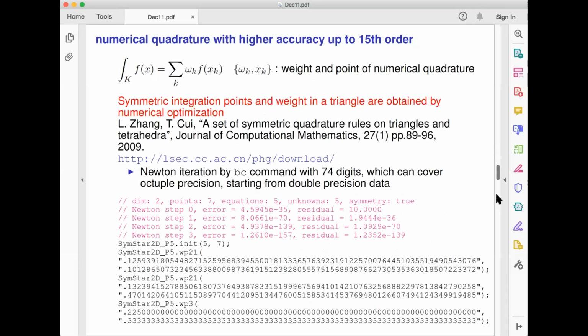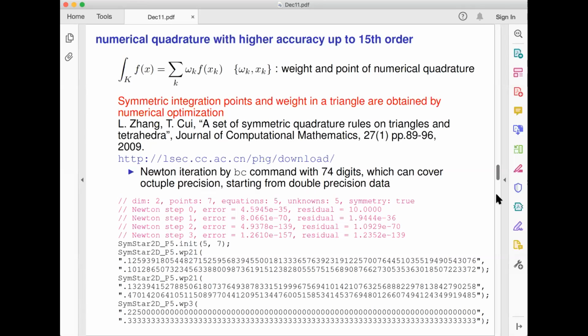This is a very standard formula of numerical integration, where we can use the weight omega k and the integration point xk. And then in FreeFEM, this numerical quadrature table is calculated by a kind of numerical optimization based on a paper in the Journal of Computational Mathematics. And then